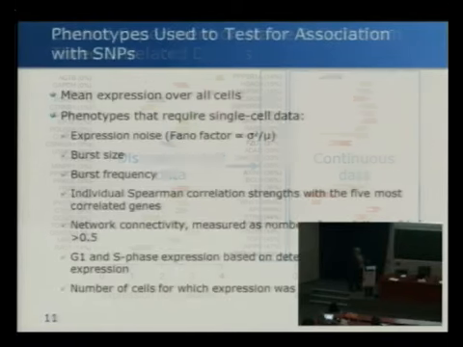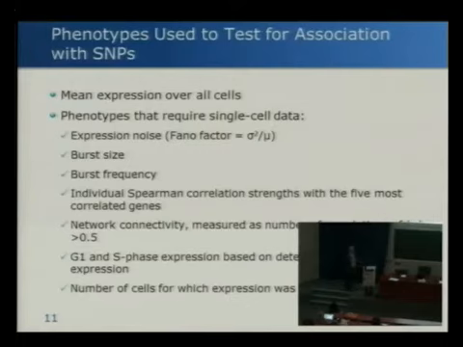Okay, so why do this on single cells? Well, if you just use bulk measurements, you'd have 96 different genes, but the only phenotype you would have is the mean expression level for each of those 96 genes over all the cells in each group. So you essentially only have 96 parameters to analyze genotype-phenotype correlations. By having single-cell resolution, you can add all of these different phenotypes to looking at what correlations are occurring between the genotype of the 15 different cell lines and its response to